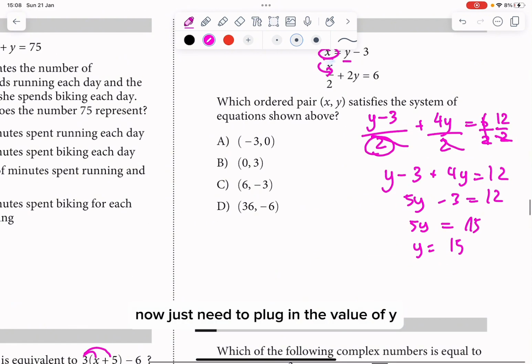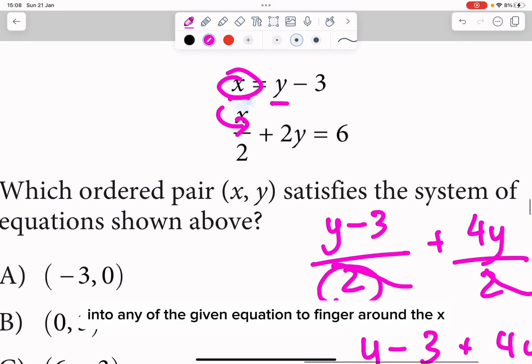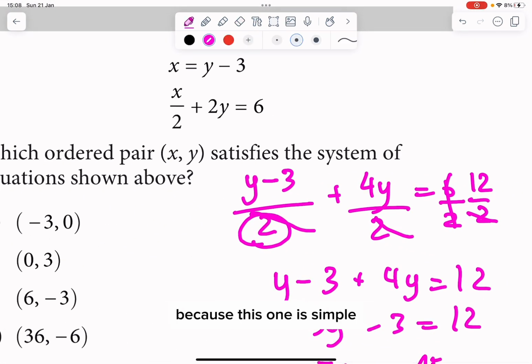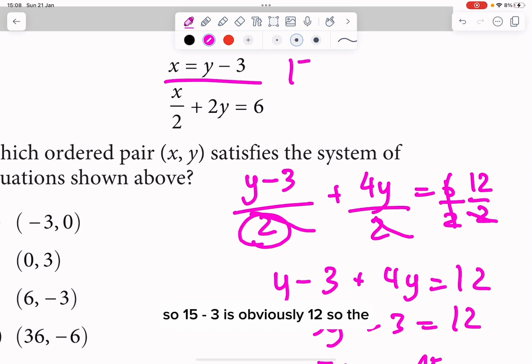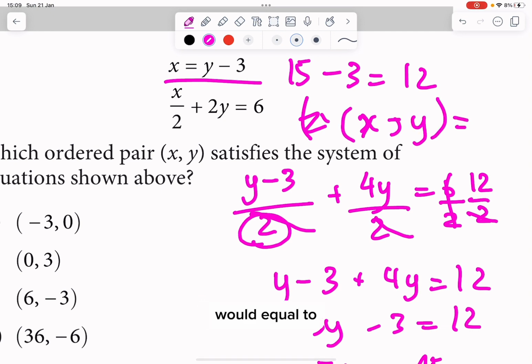Now we just need to plug in the value of y into any of the given equations to figure out the value of x. So for example, I'm just going to choose this one because this one is simple. So 15 minus 3 is obviously 12. So the x and y would equal to,